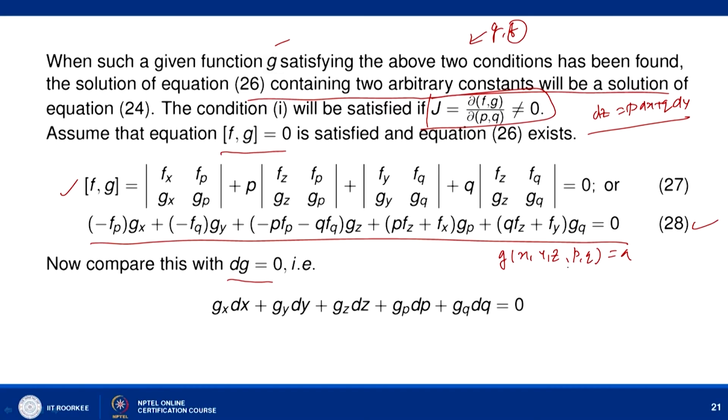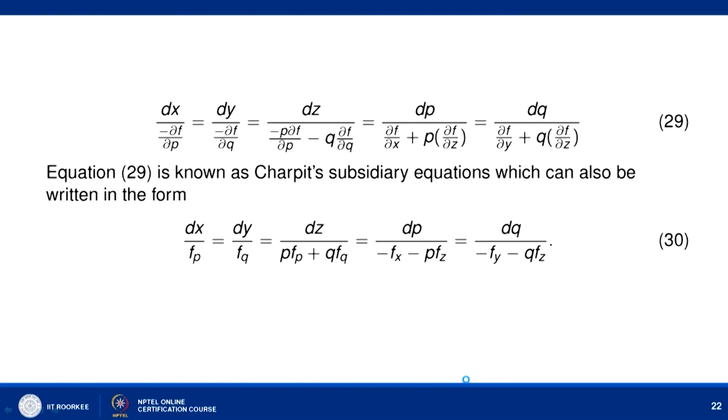So, if you find the total derivative, then the total derivative dg is coming out to be 0, and when we expand it we have the following: gx dx plus gy dy plus gz dz plus gp dp plus gq dq equal to 0. So, it means that if g is given like this, then it must satisfy equation number 28 and this equation, and if we compare these two equations, then we have the following,